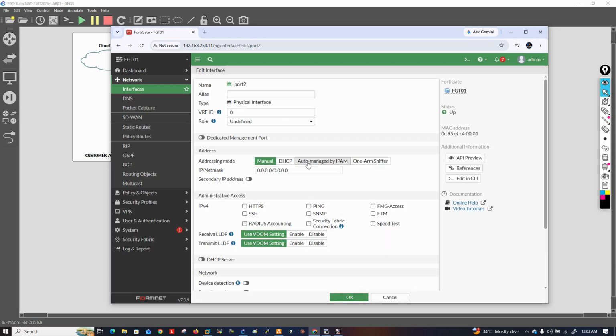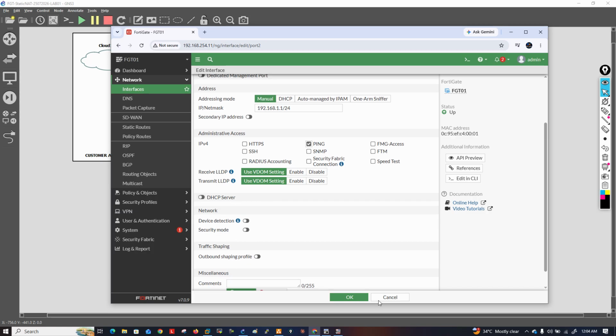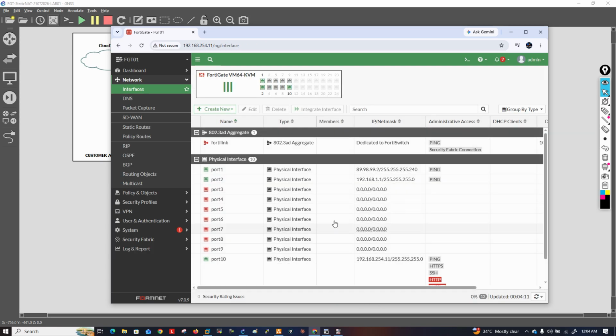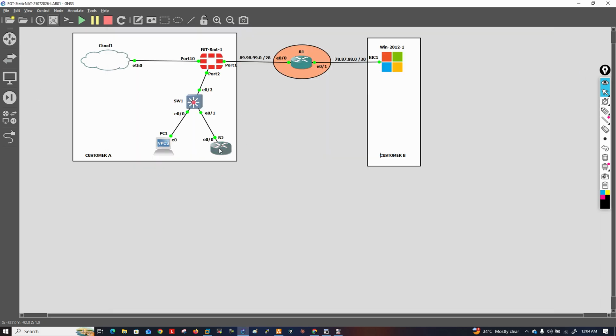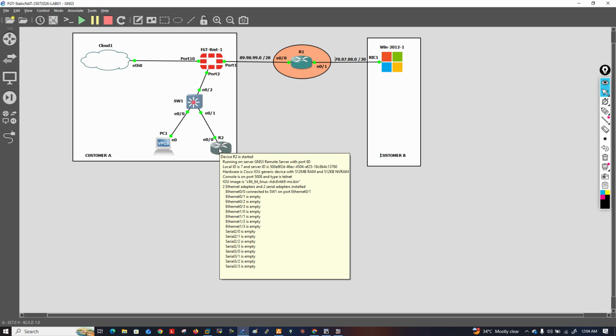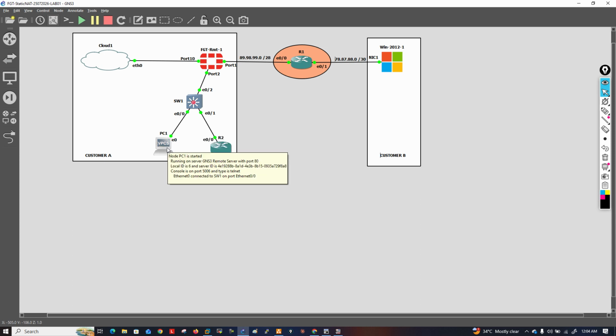As I discussed earlier, I'm going to configure 192.168.1.1/24. And I just want to enable ping, that is only for testing purpose. I don't want to enable the DHCP. That's okay for me. Now it's perfectly fine. So now the next thing is that I'm going to configure router 2 as well. So first of all, PC1, I'll give you